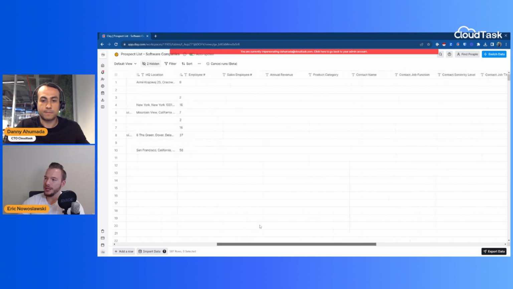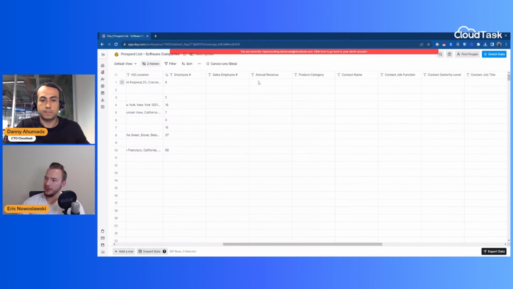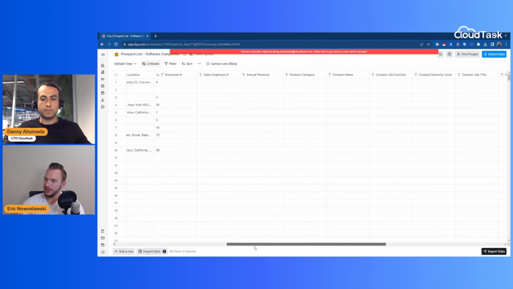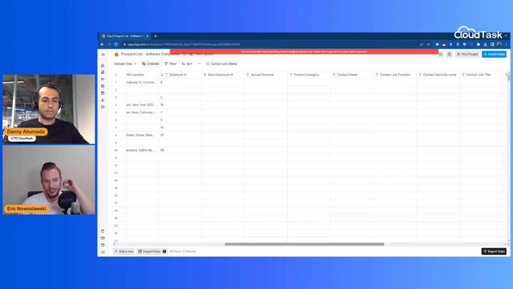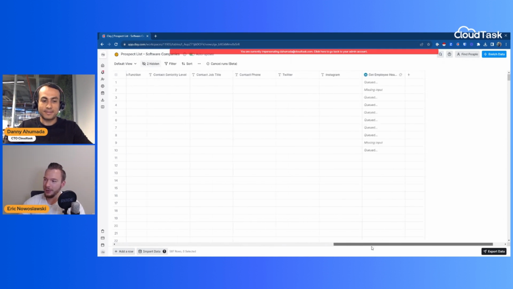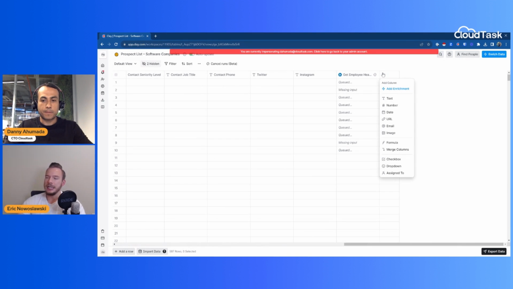And so while it's running the sales employee number, we could also do annual revenue. Annual revenue is a little bit difficult because there's not a whole lot of data providers that actually get you this data easily. And if they get you that data, most likely they're just lying, because how would you even really get this data? The department in the company that has no business lying about revenue data is